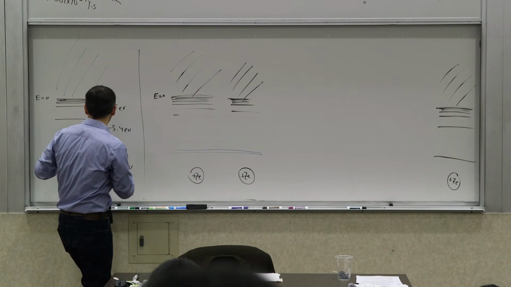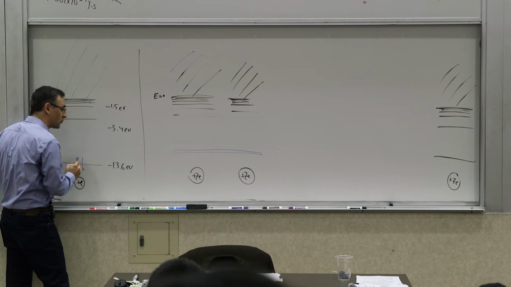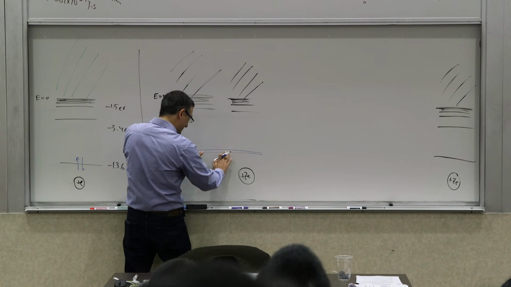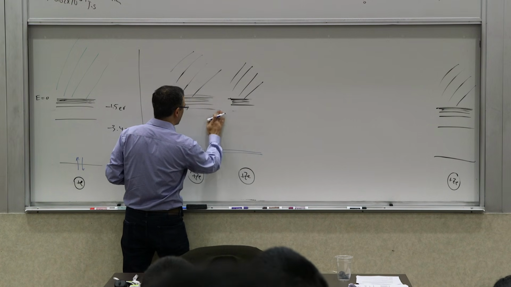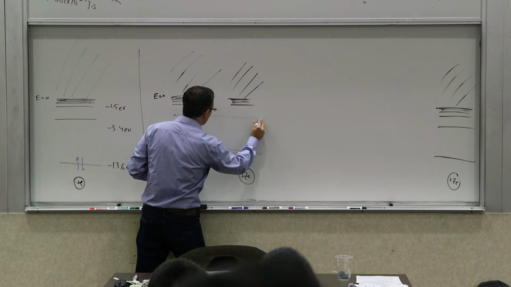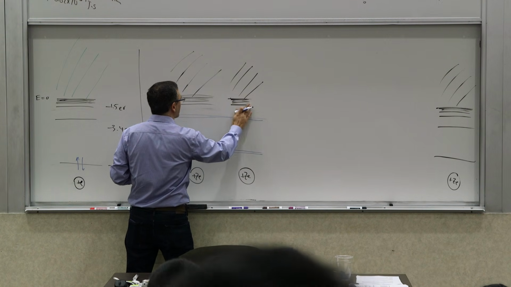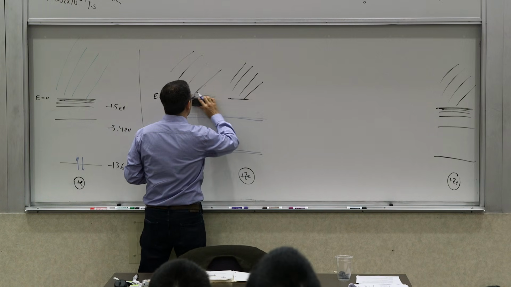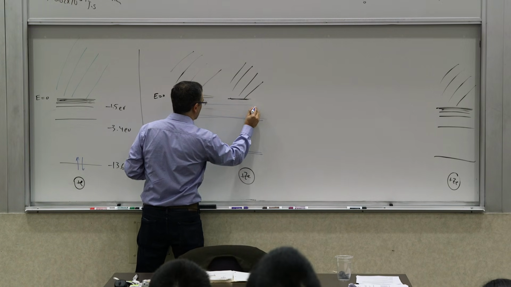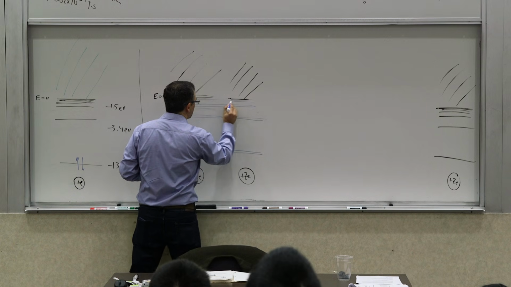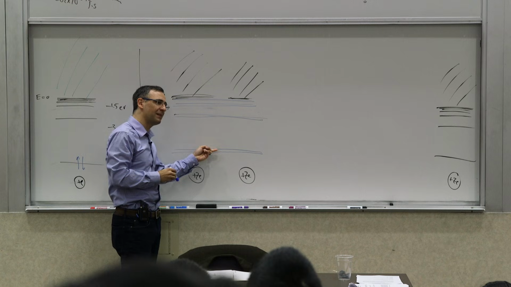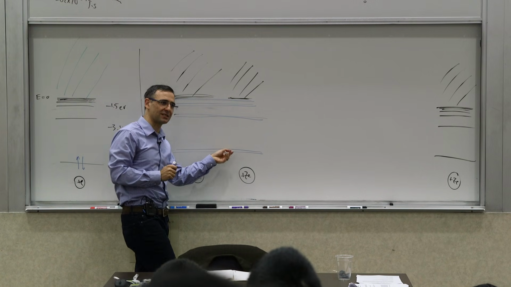Remember, by the way, each one of these energy levels can take two electrons because one of the quantum numbers is spin. So it can have an up spin or down spin. But this is independent of that. This has nothing to do with that. So this energy level, for example, becomes two energy levels, two very slightly different energy levels. And here the same thing. Oops, not crossing. And so on and so forth. So now you have two energy levels that are split slightly different, and they call it the degeneracy of the